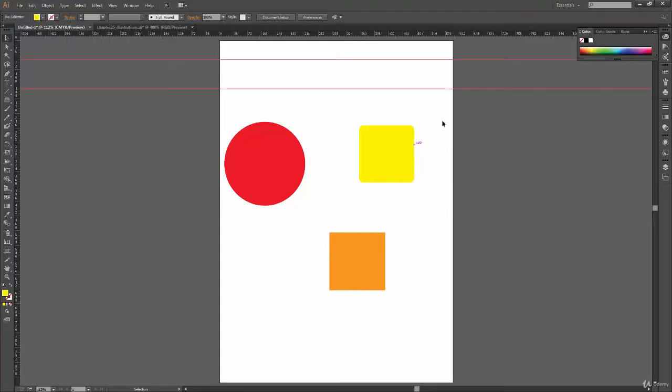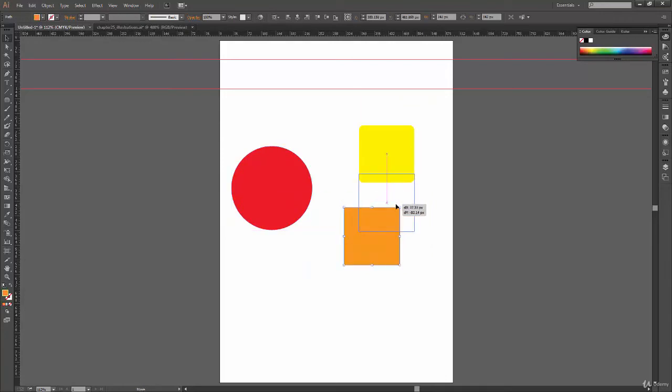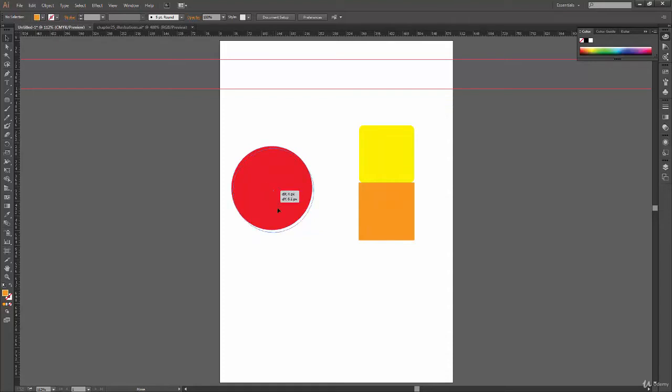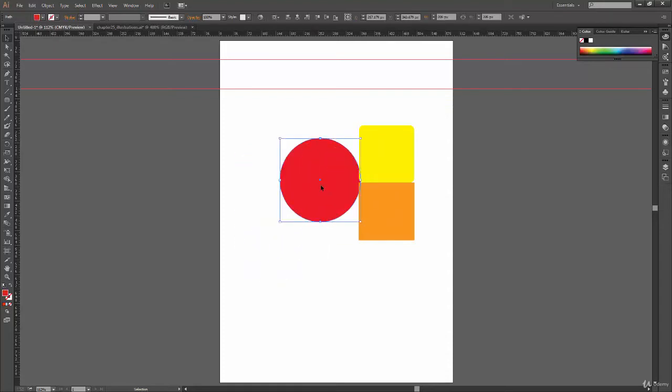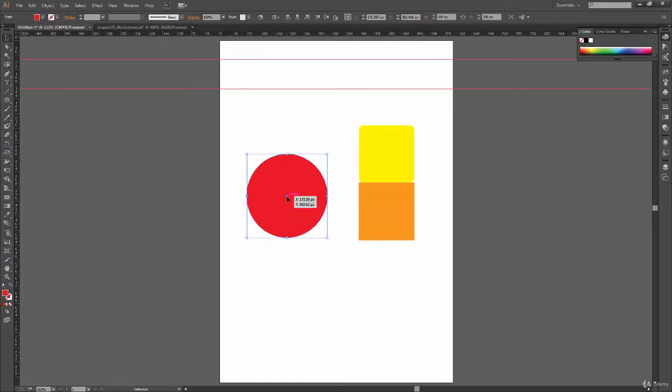Now I have my shape locked and I cannot select it and move it, while I still can move other shapes. Now if I want to lock this one, I can select this one. I just repositioned it. Press Ctrl 2 on your keyboard to lock this shape, and this shape also got locked. Now I only can move the circle around because this shape is still unlocked.